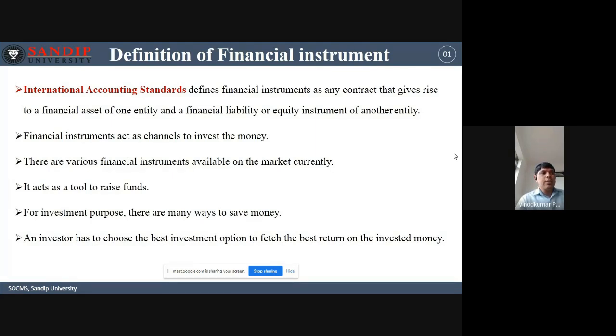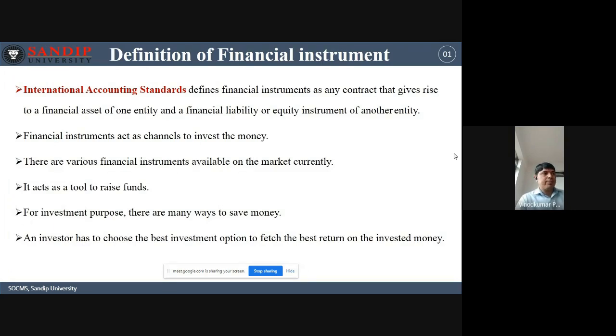Okay, so the financial instrument is defined as any contract. It is a legal contract between two parties, and there is a binding obligation to pay. Whatever the value of the transaction is, as per that you have to pay the money. And in this modern era, it is very popular on online